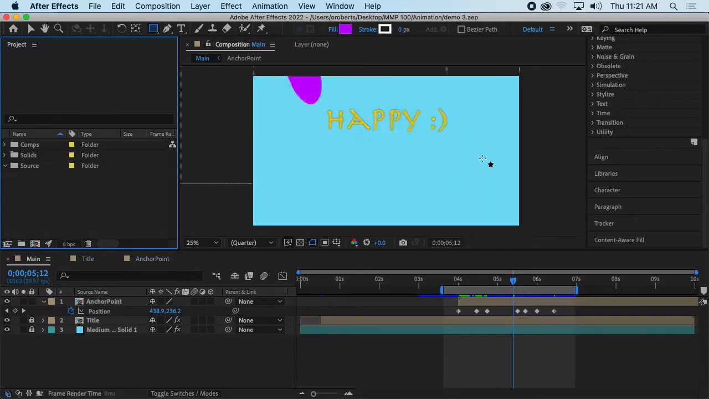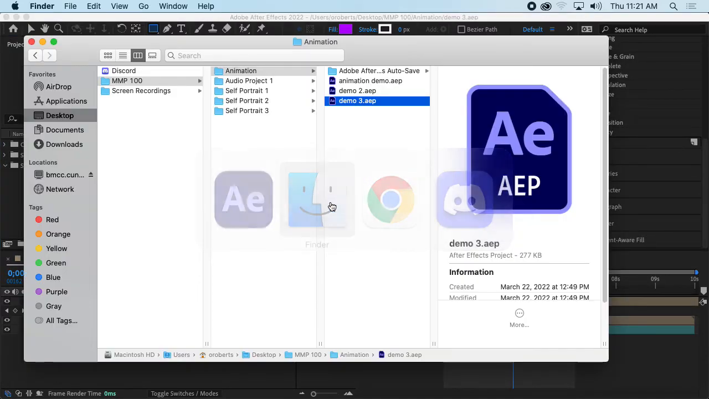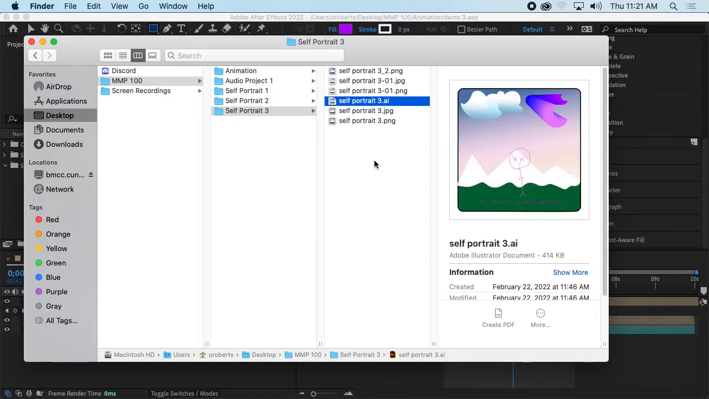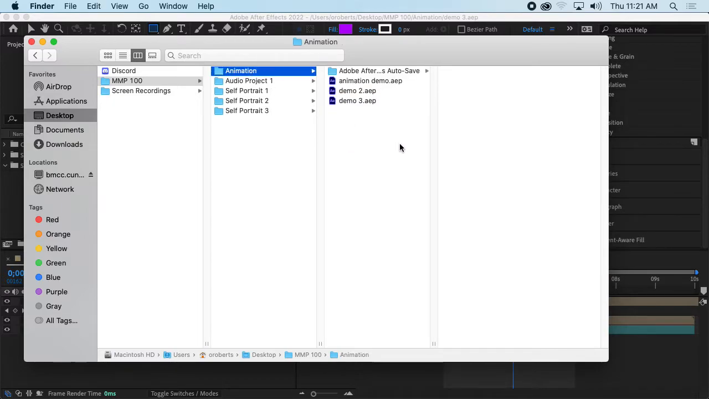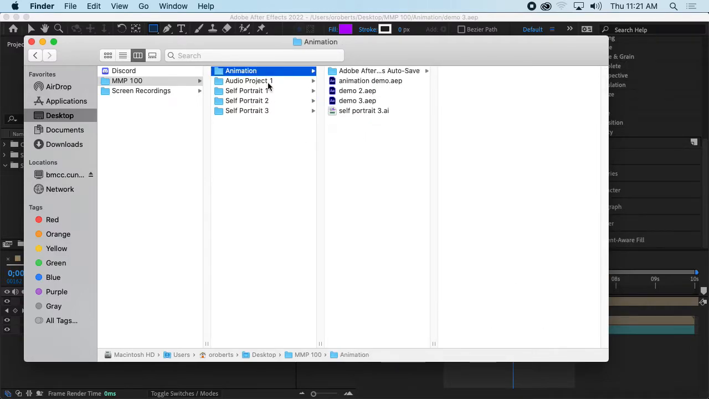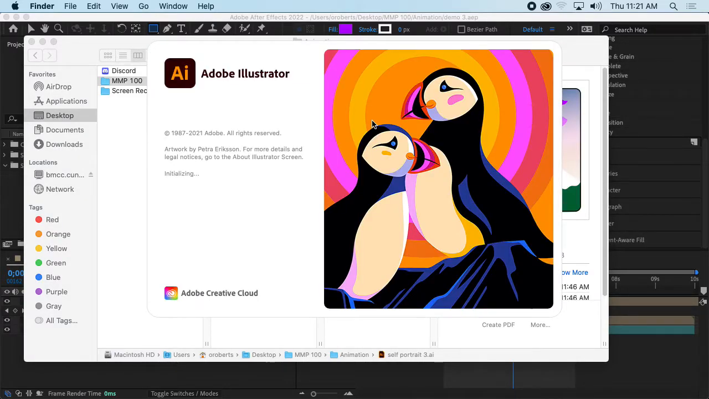So I'm gonna go back to the Finder and I'm gonna grab my Illustrator project and open it. So I made this self-portrait. It's pretty bad, but that's okay. I'm gonna make a copy and paste it into here because I'm gonna make some changes and I wanna make sure it's in the same place as my animation. So I just copied this self-portrait3.ai and pasted it in here. So I have 2 copies. And so if I open this up,